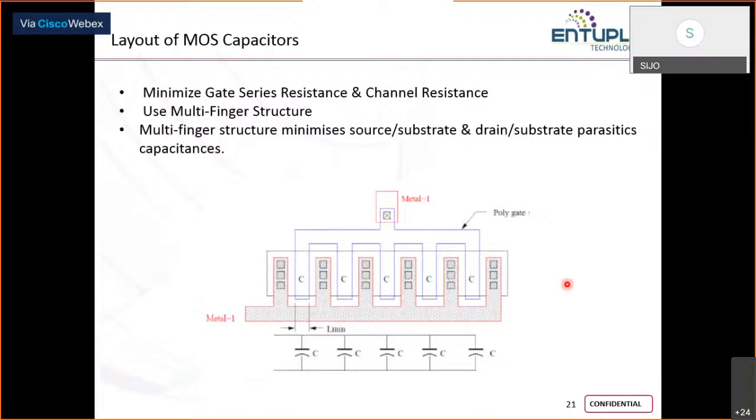You can use a multi-finger structure. A multi-finger structure basically keeps your series channel resistance and series polysilicon resistance in parallel, so the effective resistance gets reduced. So this can be an option when you go for a MOS capacitor layout, and if you want to incorporate a huge capacitor in the range of some 10 picofarad or more than that, you can go for a multi-finger capacitor rather than a single finger. If we move to the next slide,